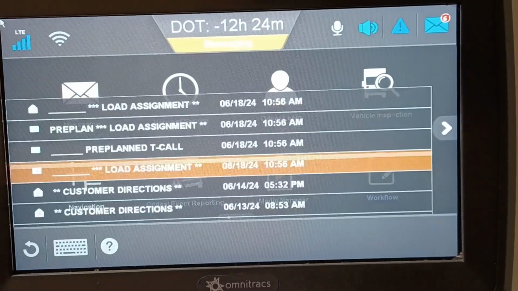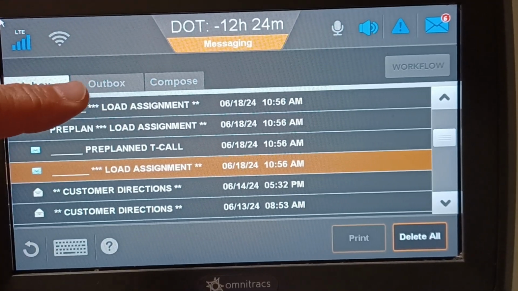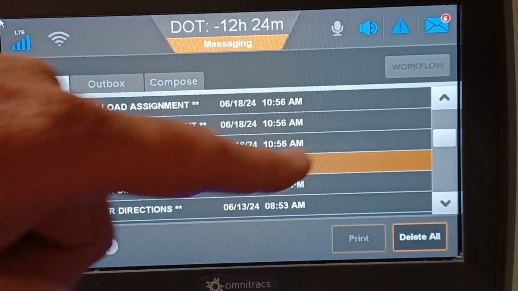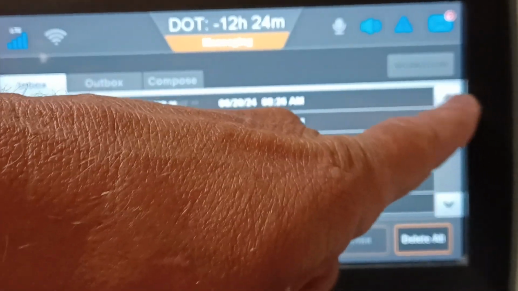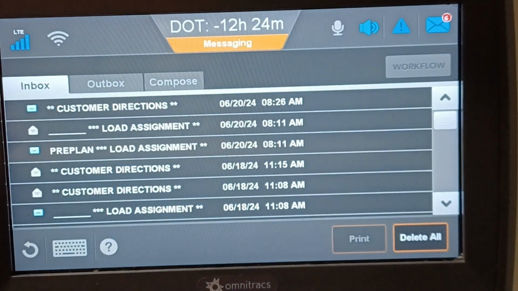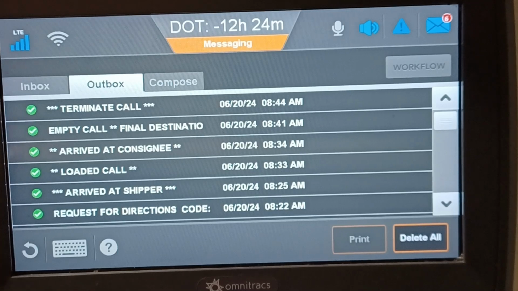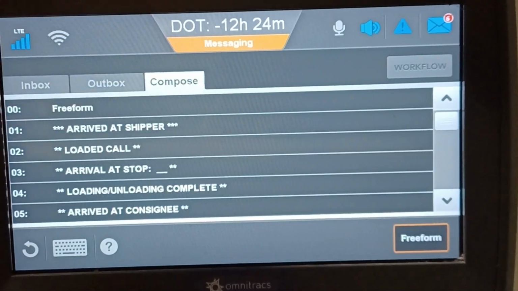If we just go into messaging, you'll see there are 3 tabs: an inbox, an outbox, and a compose tab. The inbox shows a copy of all the incoming messages, and we'll want to scroll to the top to see the latest timestamp message. Outbox is a copy of everything that the driver has sent out back to his dispatcher, and a compose is